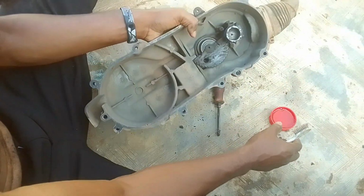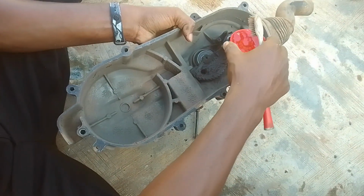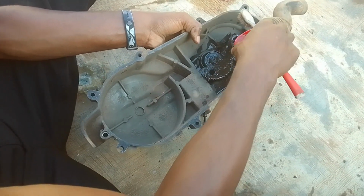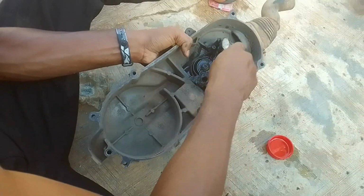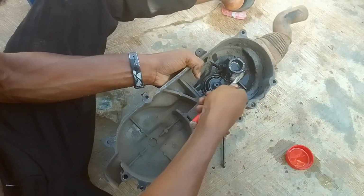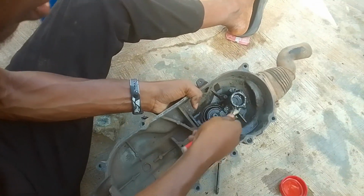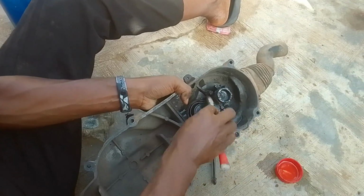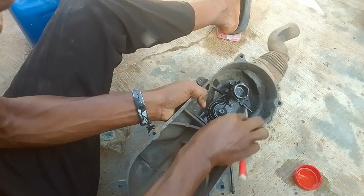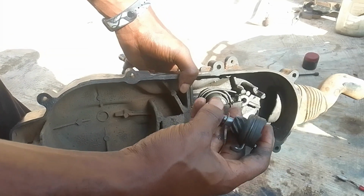So now all we need is solvent to wash off the grease. I'm using petrol, so just usually get some, and I'll just use a brush to brush that off, and hopefully all the bad grease should easily slide off. So I'm just washing that with an old toothbrush of mine, making do with simple household items, and that should help us tremendously. After rinsing out the solvent, now I just want to add a fresh set of grease